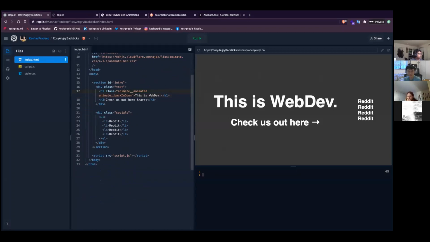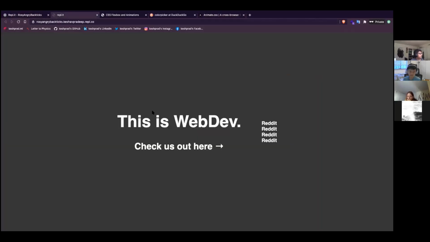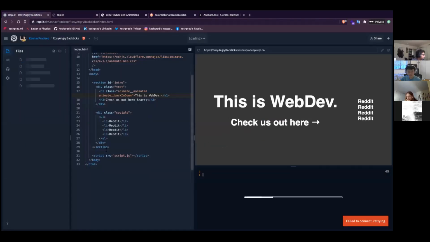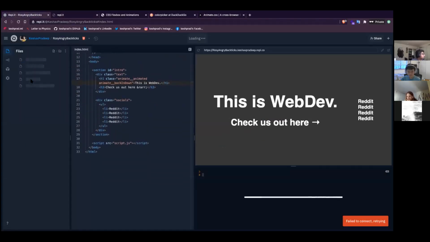Yeah, so we can just add animations for this, but I do also want to show you the hover animation, which is something where you can change CSS properties based on if the mouse is hovered over an element, and I'm just going to do that for the list items. What we'll do is,